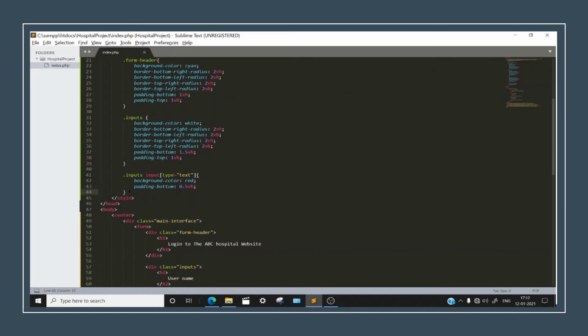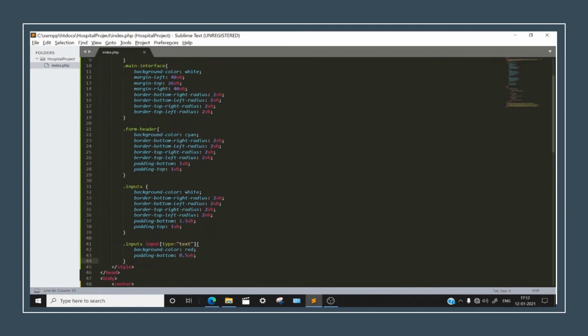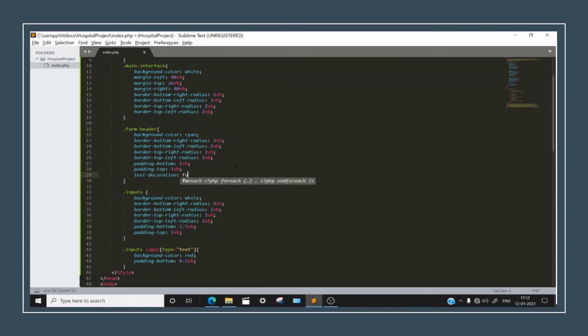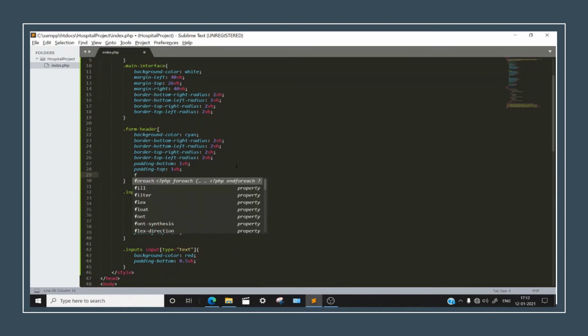Okay, so let's head down to dot main interface form header text. Let's see what we have down here. Text declaration to be kept of font. Well, let's see if we can have font here. Font.